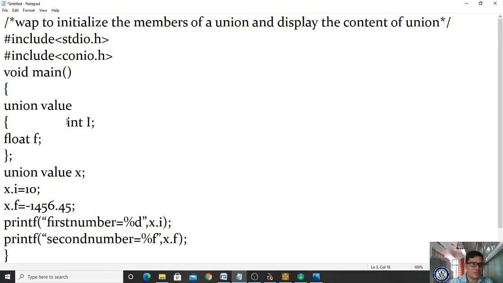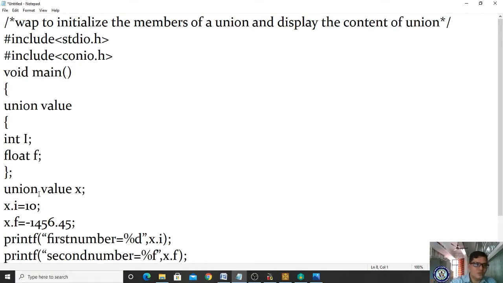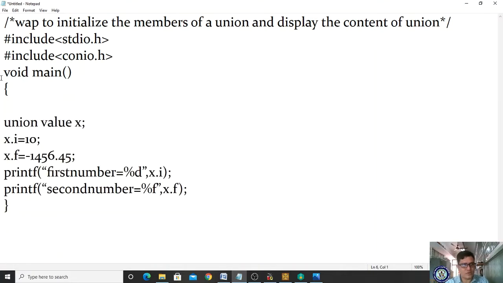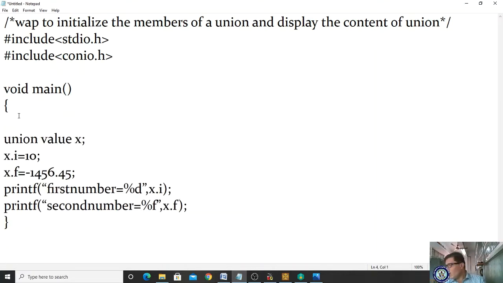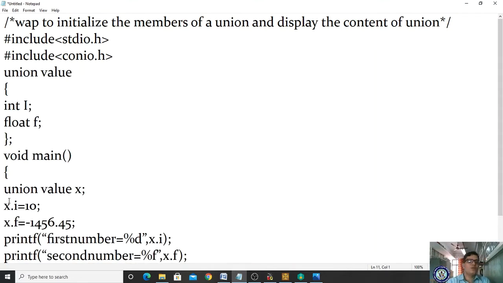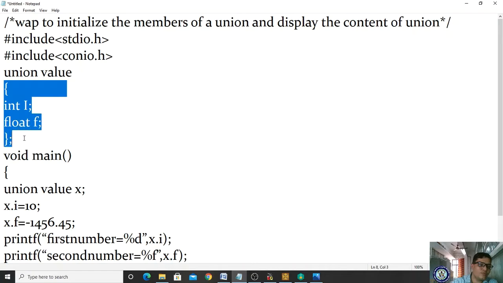Now let us check. If you are getting confused, you can declare the union outside of the main function also. I am declaring the union outside. Union, what is the name of the union? Value. Now I am declaring the union variables.